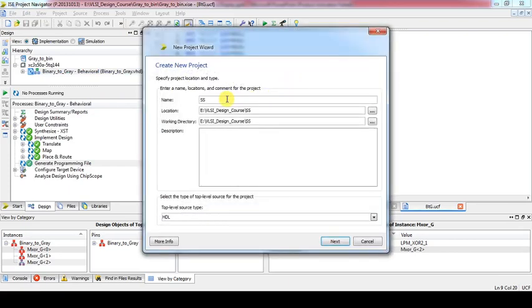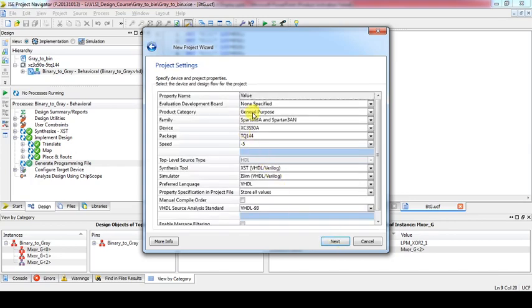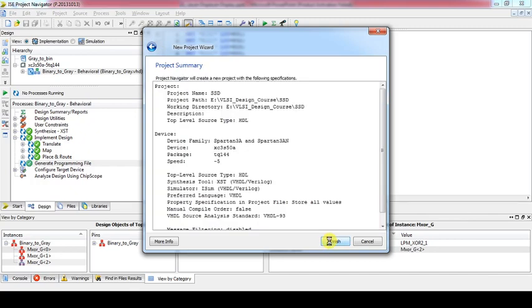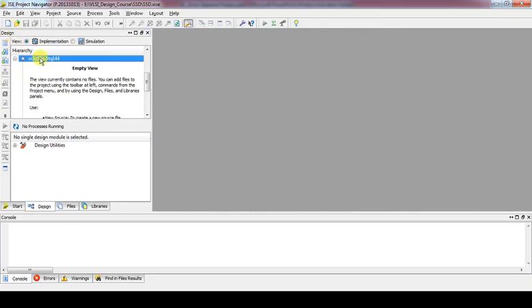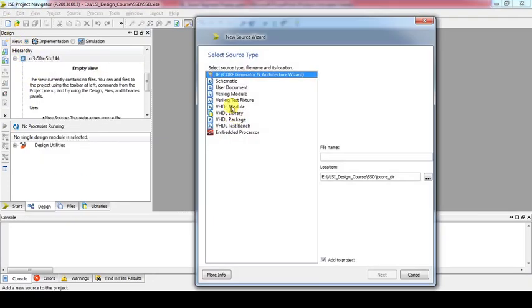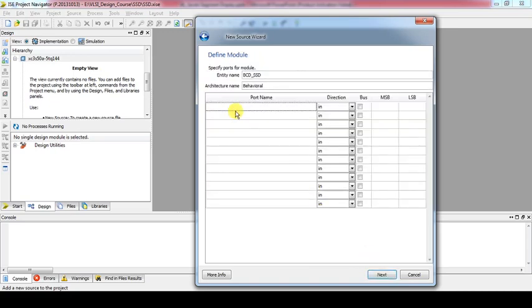SSD, next, all other parameters like our FPGA family, everything should be the same. Finish. So right click, new source, VHDL module. So here BCD to SSD. Okay, next. So what are the inputs?